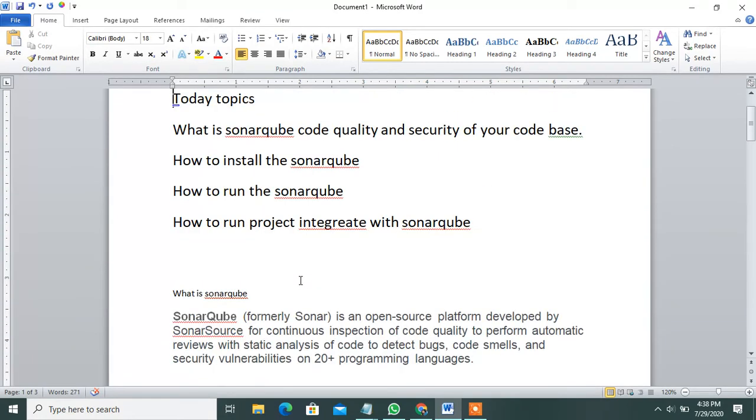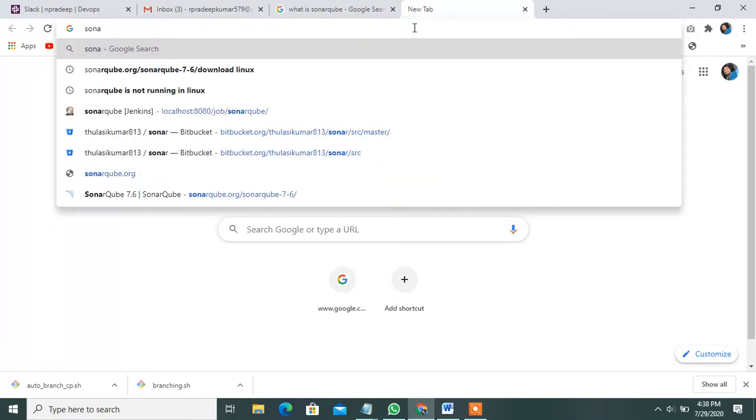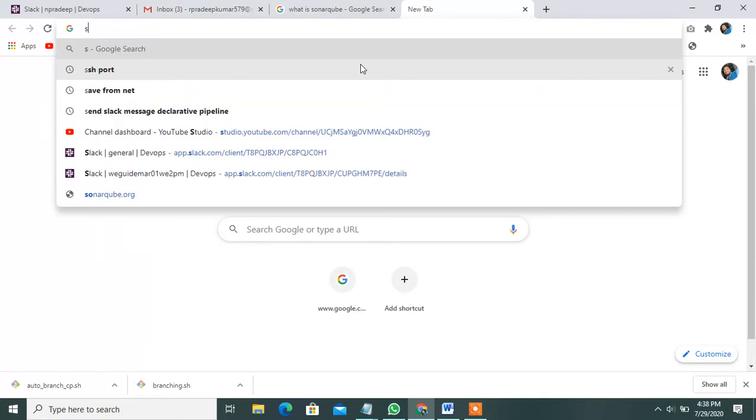First of all, I will tell you how to install SonarQube locally. Go to the server site and download SonarQube for a Windows machine.